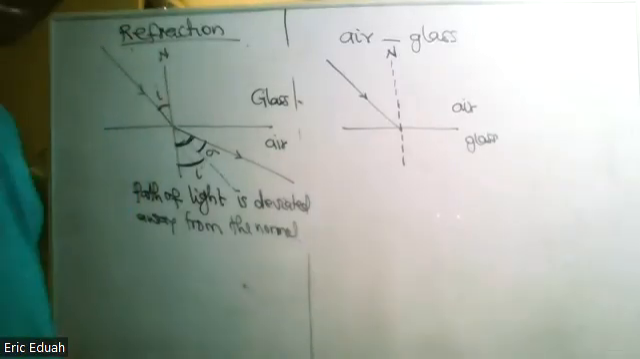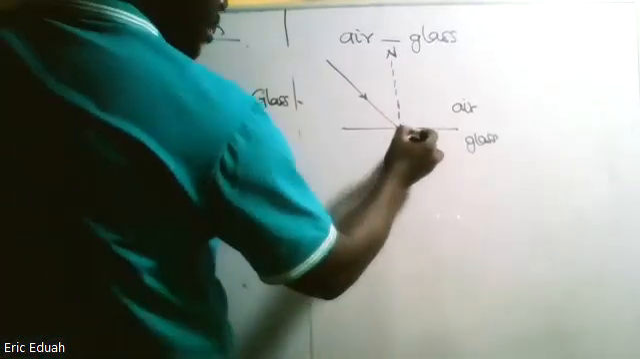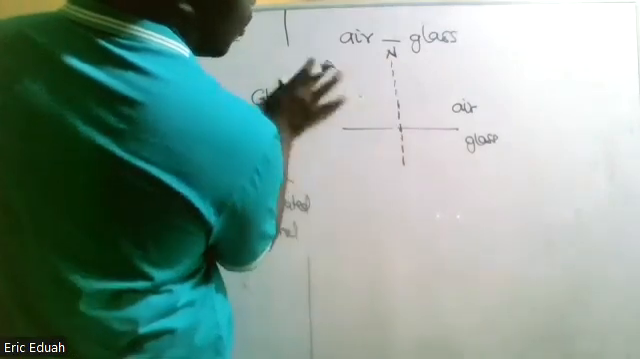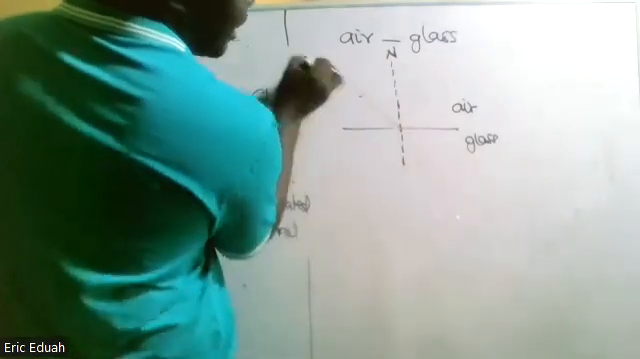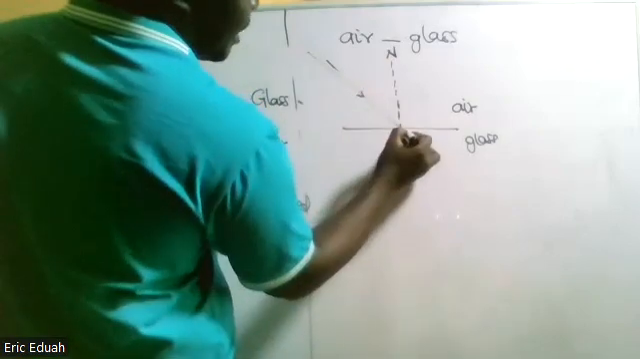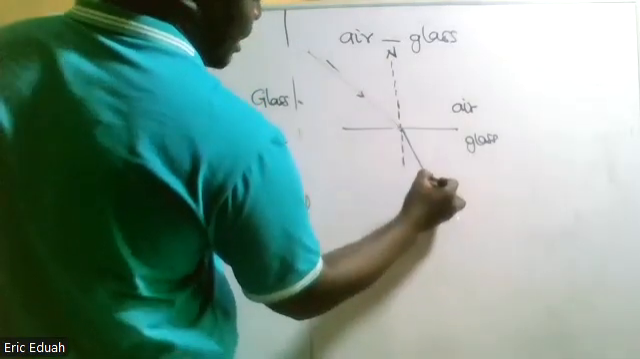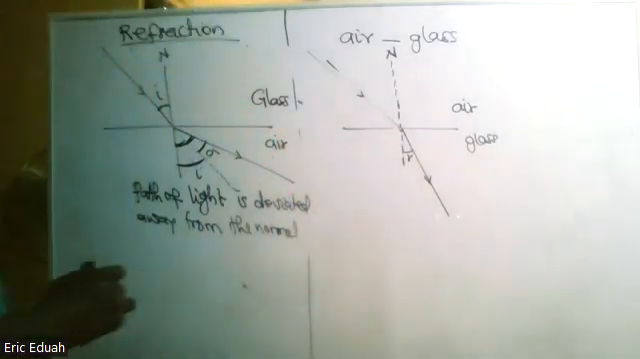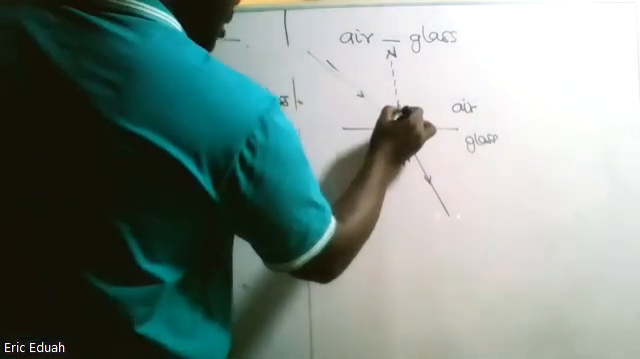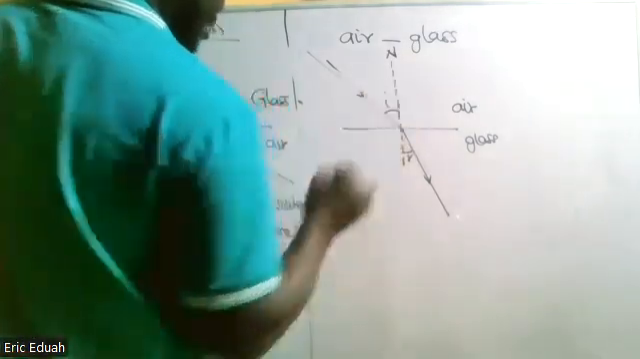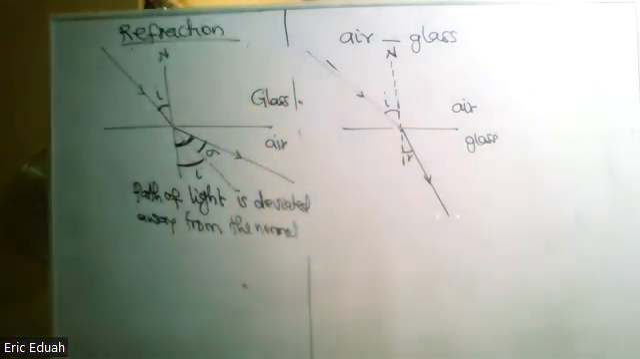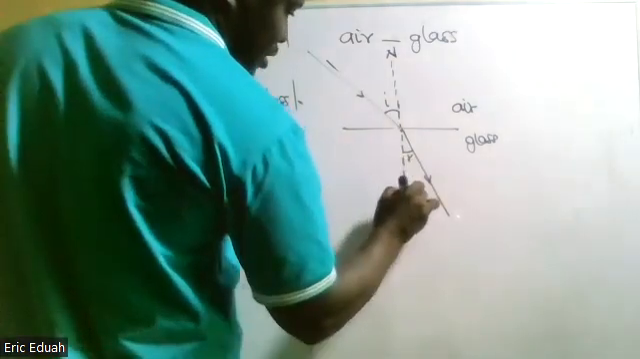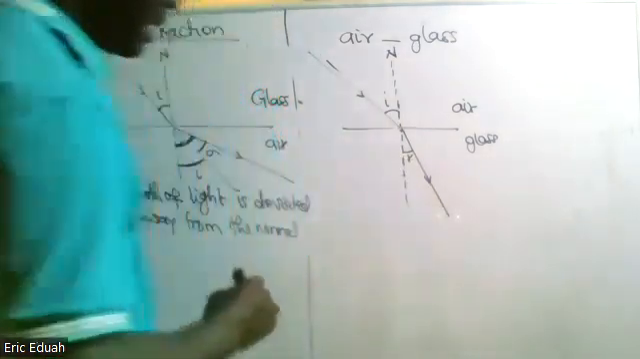Towards the north. Okay, so Professor Princess is saying that, as for this one, it will bend towards the normal. So towards the normal. This is R. This is I. So the first law is similar to the first law of reflection, that